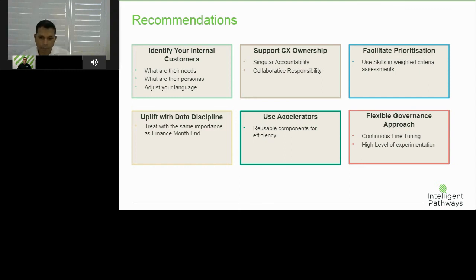Now, a flexible governance approach, that's another one I wanted to talk about. Because of the way the data is dealt with, security is definitely required, as is customer privacy, because that's what creates your trust in the brand. Having that, as an architect, being able to support your teams in how the data is governed and how data is provided, that's also critical.